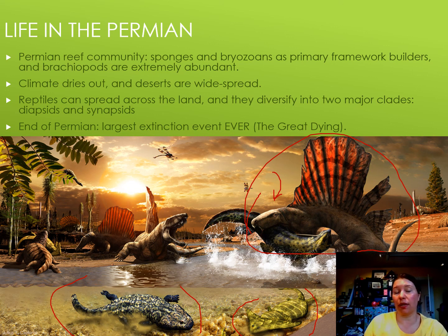So yeah, this is Dimetrodon. I know it comes as a little plastic toy when you get a dinosaur collection of toys. It's not. We can't just call every big reptile-looking thing with teeth a dinosaur. It's a specific lineage on the tree of life. And we'll get into that a little bit later with the Mesozoic.